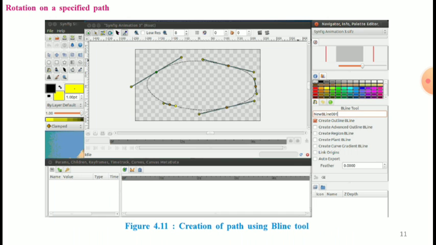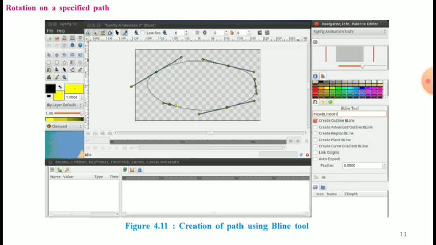And next, rotation on a specific path. That is the second example, the second practical. Using the concept of encapsulation, let us discuss another example of a ball moving around a particular path.